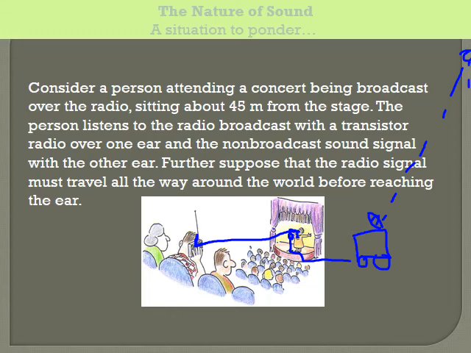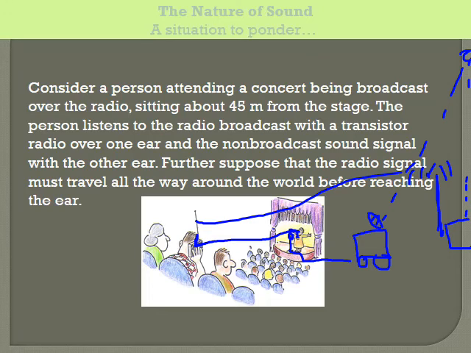The satellite transmits it down to the radio station. The radio station has a tower outside, and that tower transmits the signal off in all directions, and eventually gets to this guy's antenna, and that antenna then vibrates and turns into a sound signal, which then he hears in his ear. So notice that